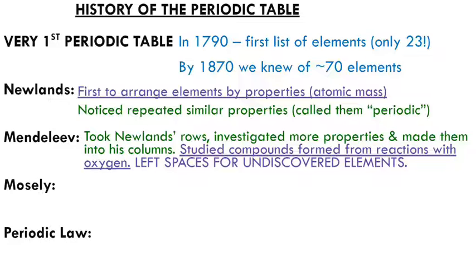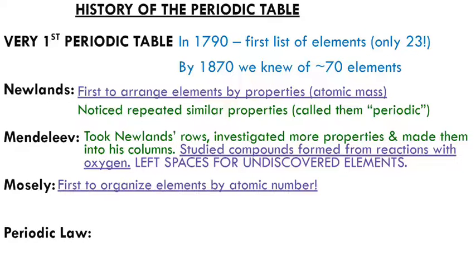So, all of that aside, Mendeleev is considered the father of the periodic table with very many good reasons. Intriguing study. If you're interested, look it up. There's so much more to his life and his discoveries than just this. Just 1-2 lines. Then along the way, we had Moseley come along, and he was the first one to actually